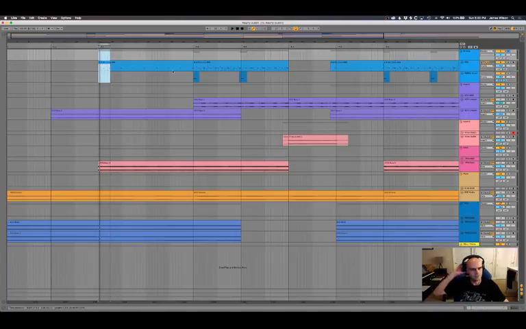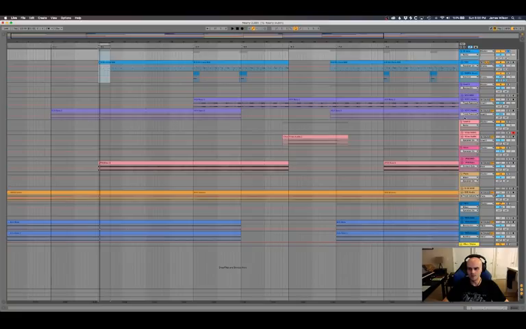One of the things that's good to check is also to turn on your automation markers here and just have a look through. Now, I'm not using hardly any automation here at all, which is unusual, but this is a really simple song. The only automation I'm using is just to bring up the volume a little bit on this drone here. So when we output the loop for this, we'll need to be careful to render it without the automation or render from somewhere else, because we probably don't want to capture that ascending volume there in that loop,